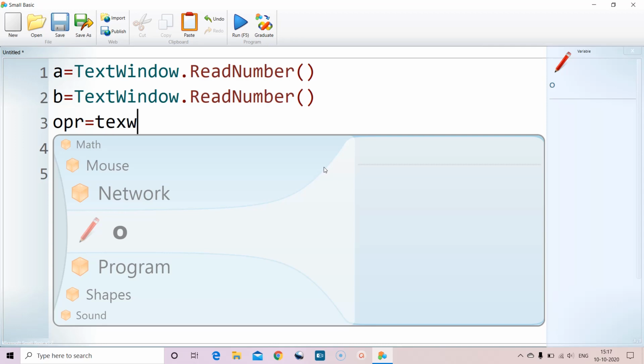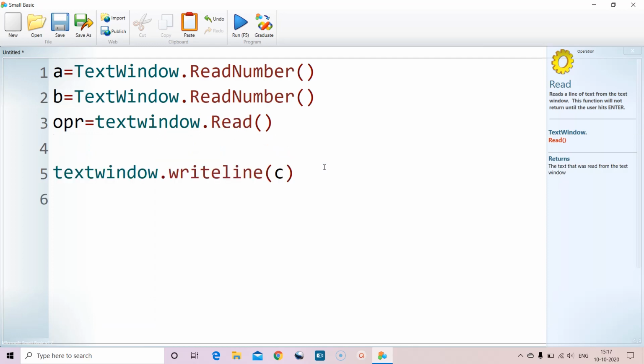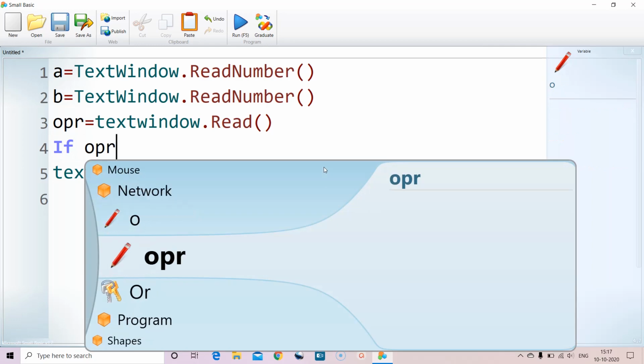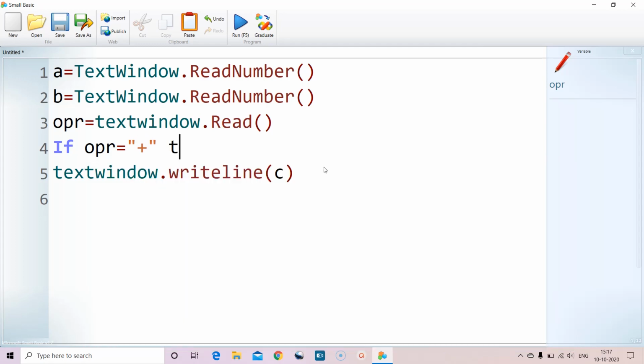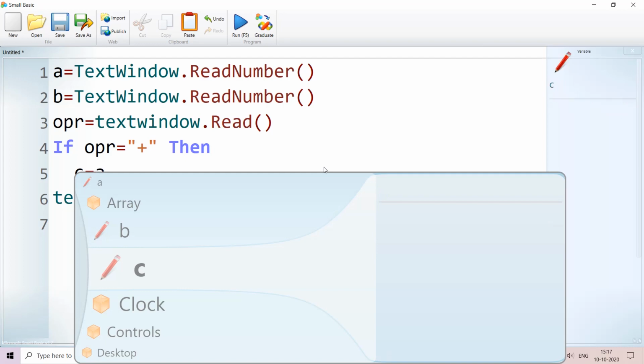So TextWindow.Read. So we are reading an operator, which operator we want, and let us see: if operator equal to plus, then c equal to a plus b.